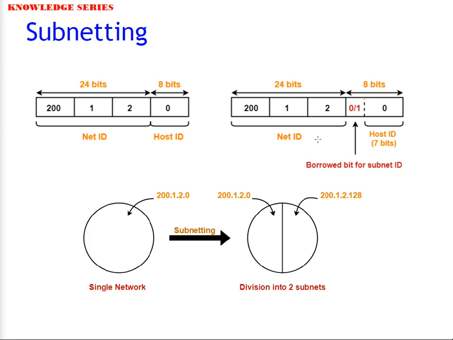You are going to borrow the bit from the last group, which is your host ID. These 3 are your network ID. So when you take a bit here, that is a 0 or 1. So 0 indicates the borrowed bit and 1 also indicates the borrowed bit. Both are representing, one is representing the first subnet, another